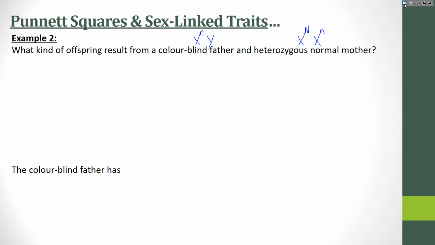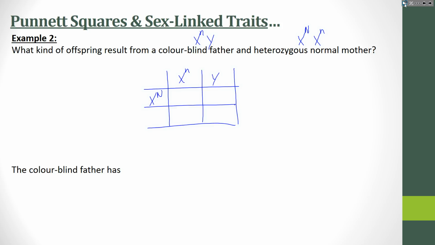So let's cross them again. So draw out our Punnett square. And dad will put here, mom will put here, and now we'll cross. So we got X capital N, X little n, X capital N, Y, X lowercase n, X lowercase n, X lowercase n, Y. So if we go through these genotypes again, now we have a dad who's colorblind, so let's